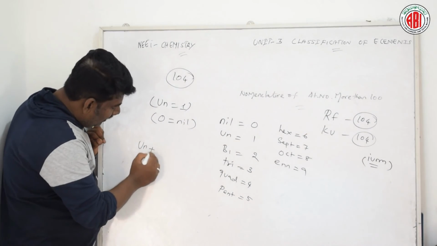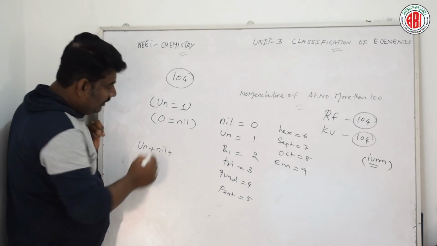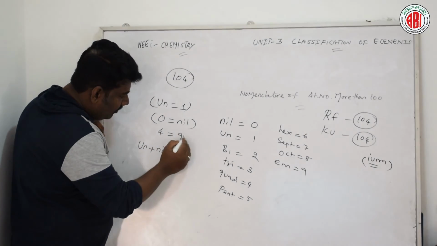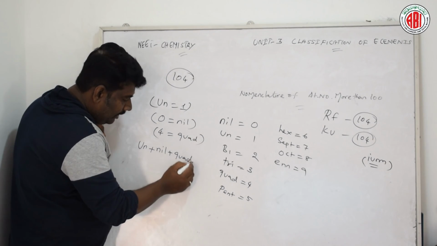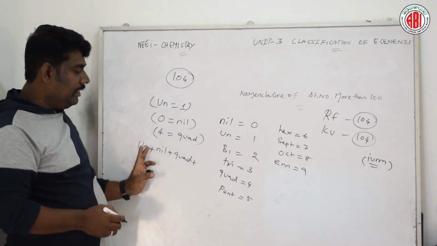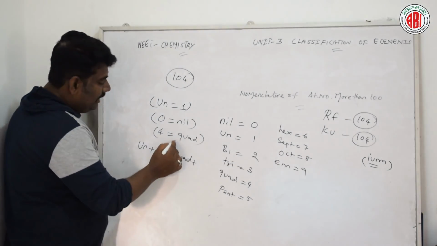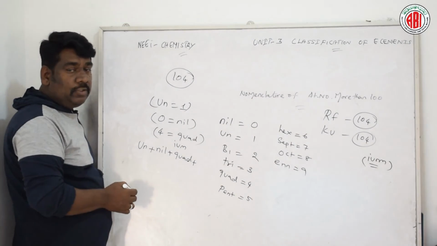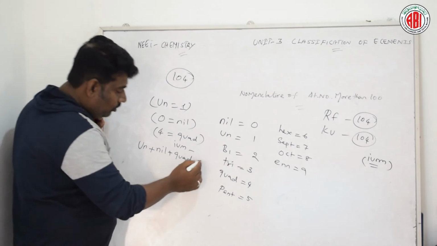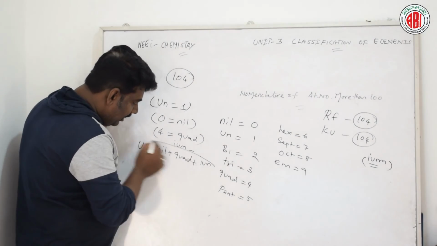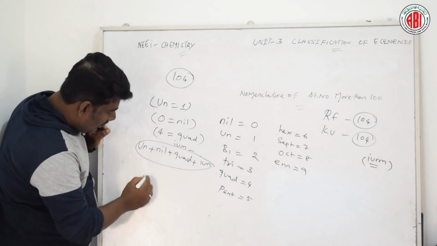So un plus nil plus quad, and it should end with ium. So finally the name for element 104 is called